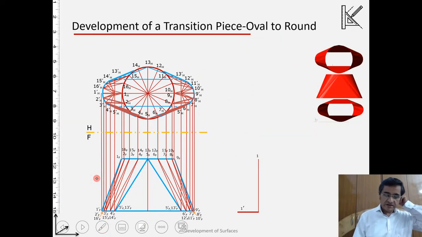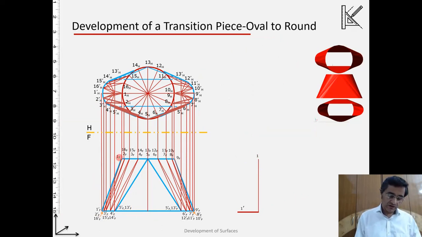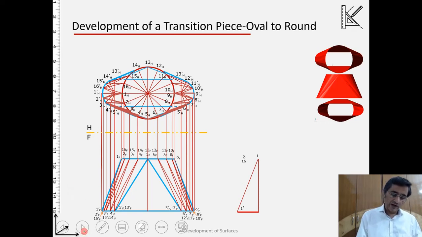So those lines like 1 1 dash. Because 1 1 dash here is parallel to the frontal plane, 1 1 dash will be the true length, and I can straight away show it here. So this is the true length. Now for 2 2 dash, we see this is not parallel to the frontal.